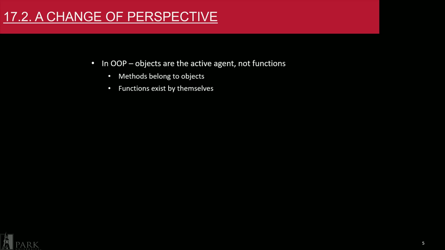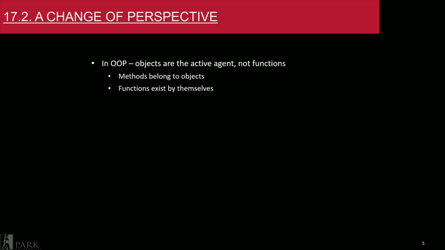In OOP, we say that objects are the active agent. This is different from procedural programming or functional programming, where functions are the main thing that we are focused on. Now, objects have methods, which are basically just functions that belong to the object, whereas functions exist by themselves. To be a little bit more clear, methods are just functions that are attached to a particular object, where the name function refers to a block of code that can be executed, but it's not attached to a